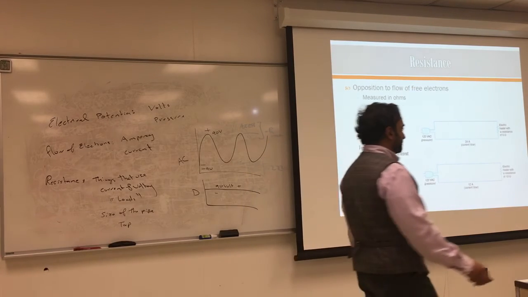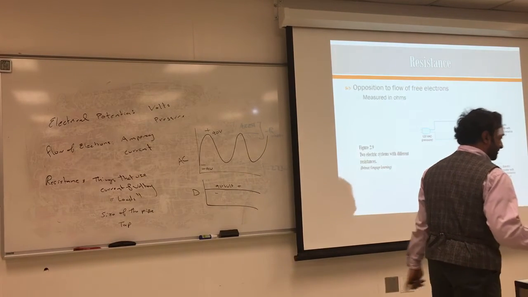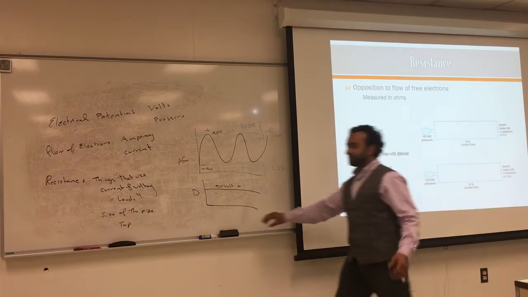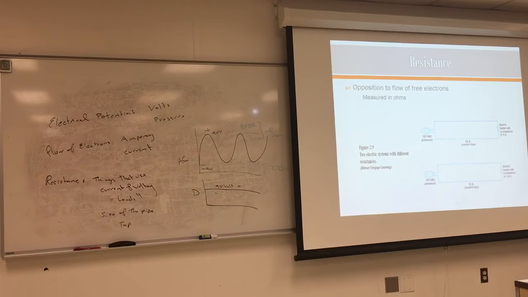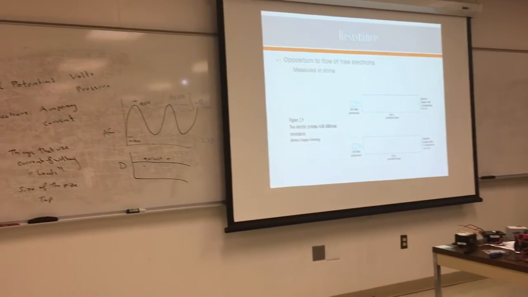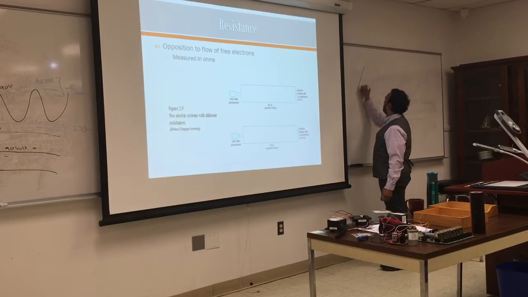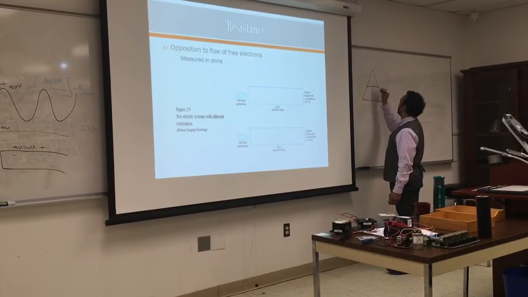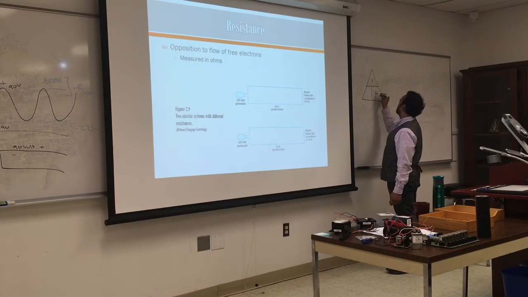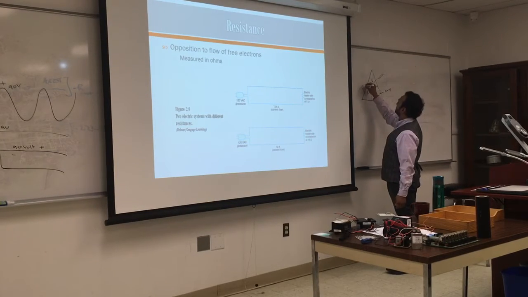Okay, let's do some calculation, an introduction to calculation. So we have volts, and we have resistance, and we have current. I'll give you the two laws we have here. The first one is Ohm's law. I want you to remember this one very well. Volts, amps, and resistance. This is amps, this is volts, this is resistance.